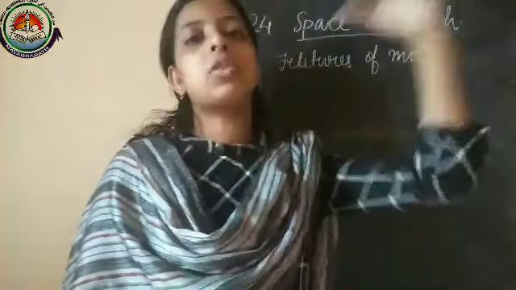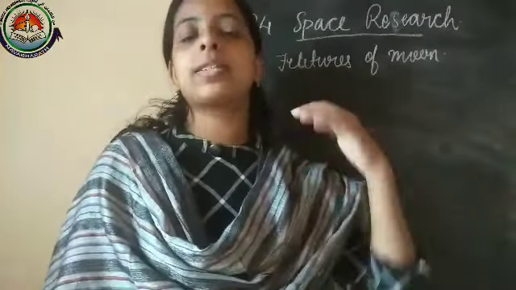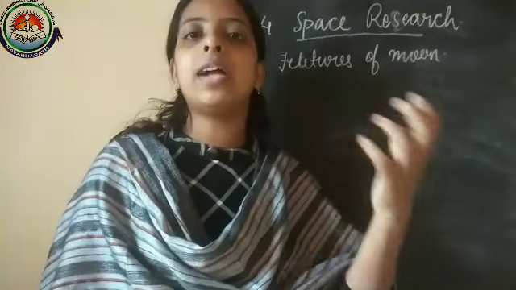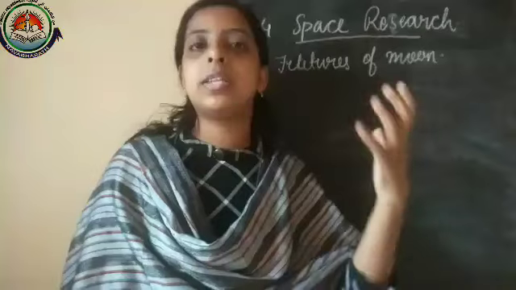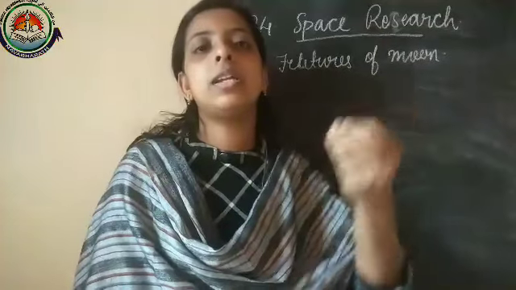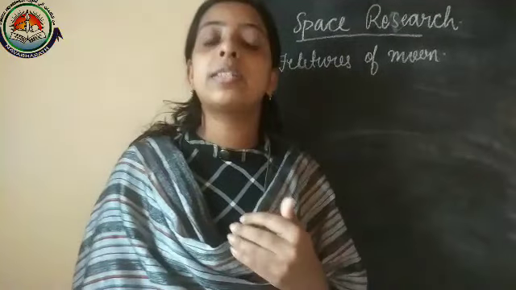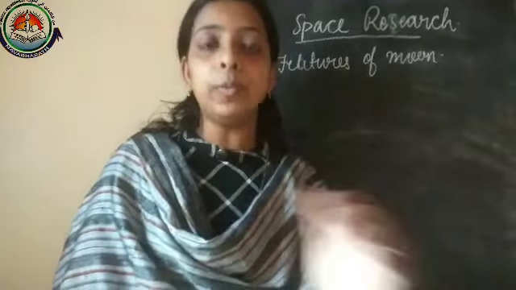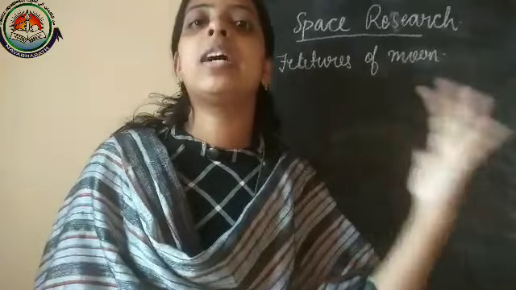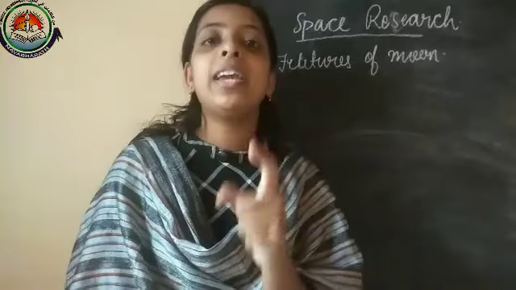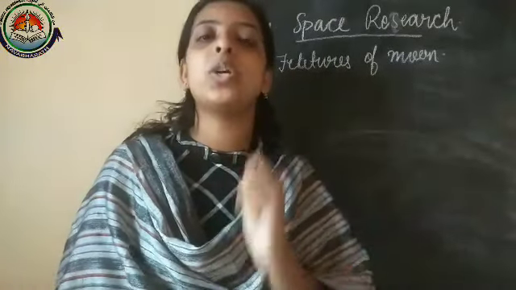When Neil Armstrong and his colleagues went to the moon, they understood the surface of the moon and many other things. We already discussed that on the moon, light cannot enter all parts. Some parts will be dark and some more bright. Why does it happen like that? You have to keep that in mind.